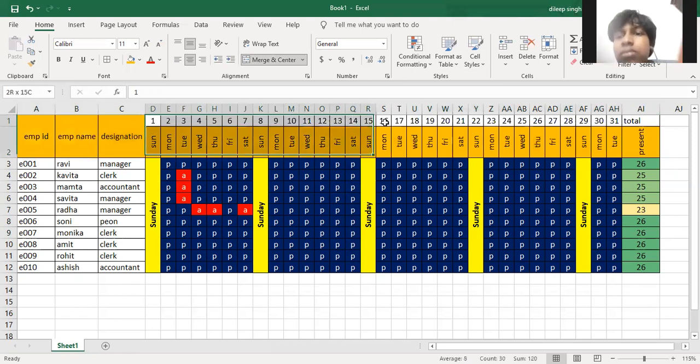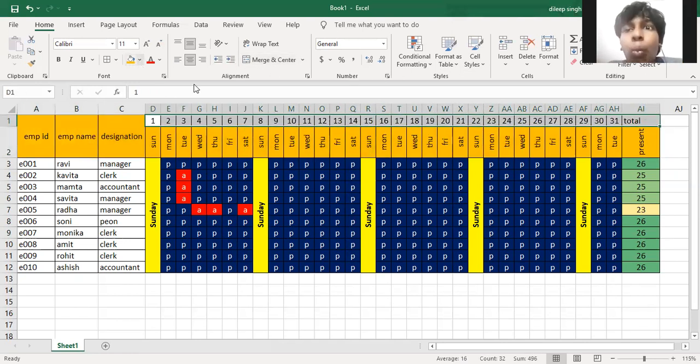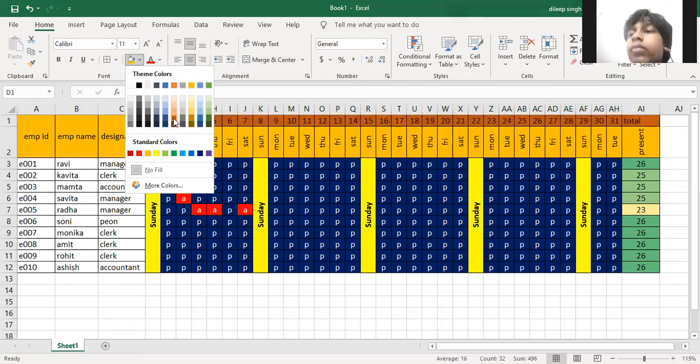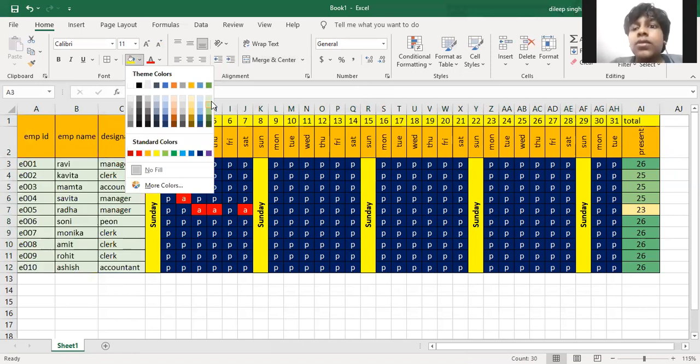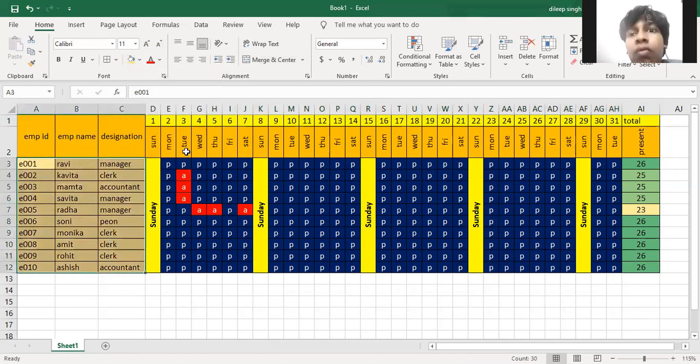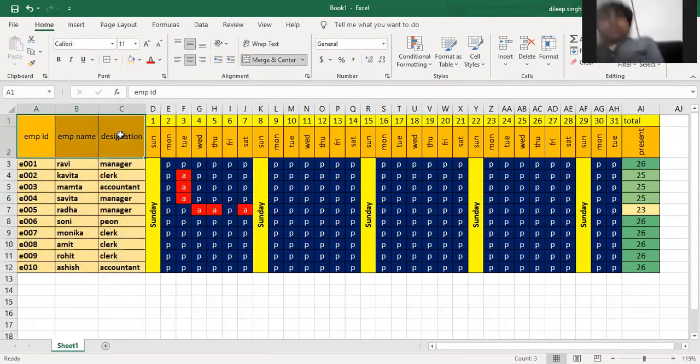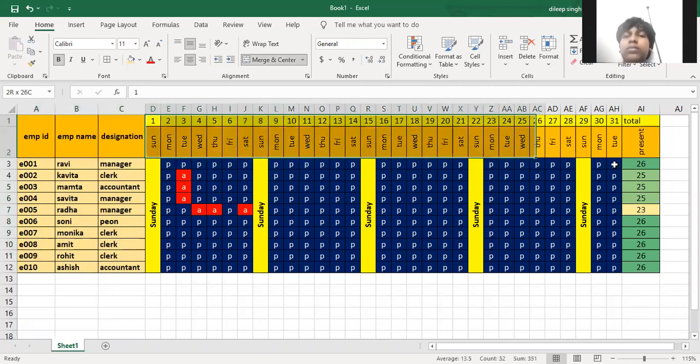Again we select it and choose any color for the data like this. Here we can choose a light color, and similarly we do with that. Clear? Then press Ctrl plus B to bold the data, and similarly select all the data and press Ctrl plus B.